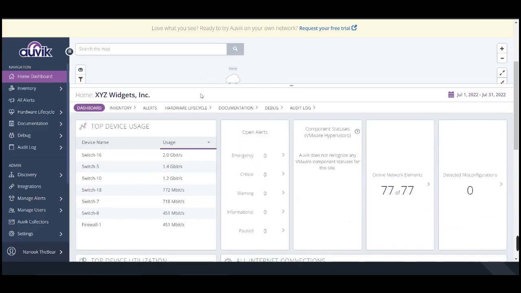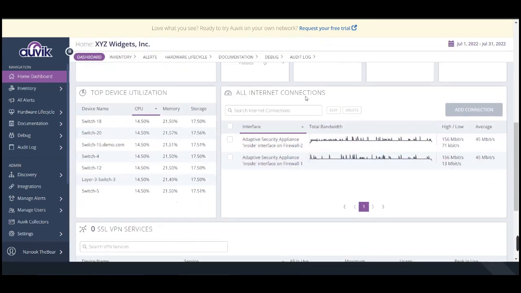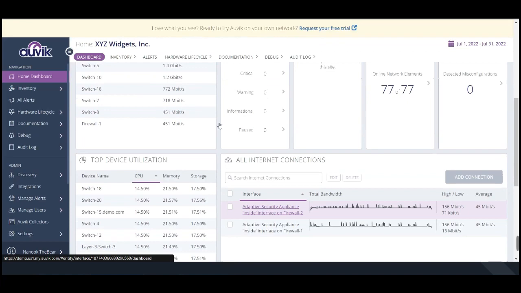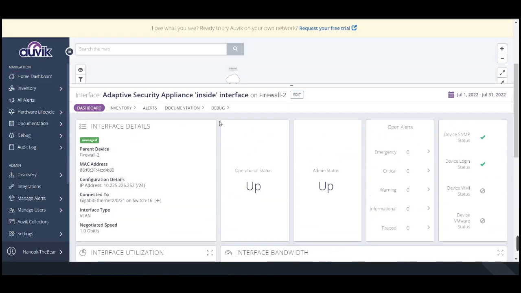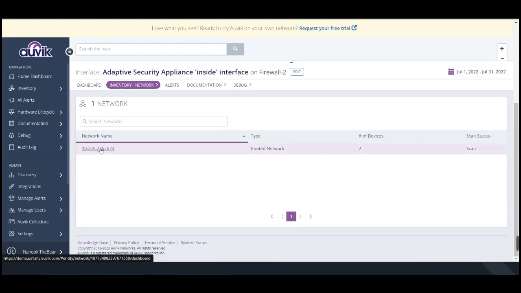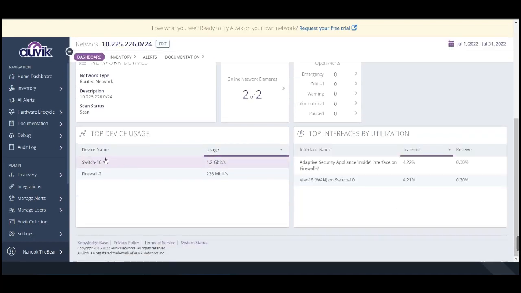So in this case, this is when we can take a look at the top device usages. We can also look at the internet connections, which obviously utilize the network. When you take a look into the network, you can look into the inventory and see which network uses it, which in this case is this particular network. You can see the number of devices that use it, and when you click on it, you can see switch 10 and firewall 2 use the network, and you can see